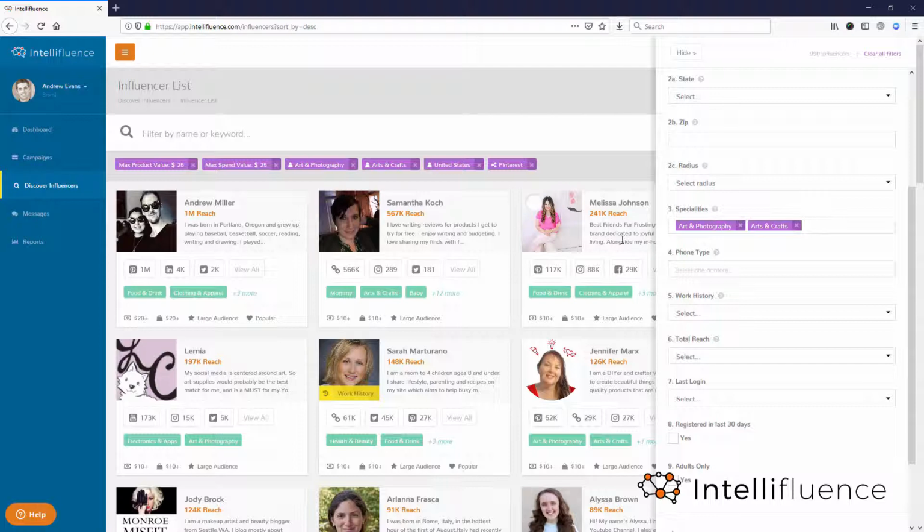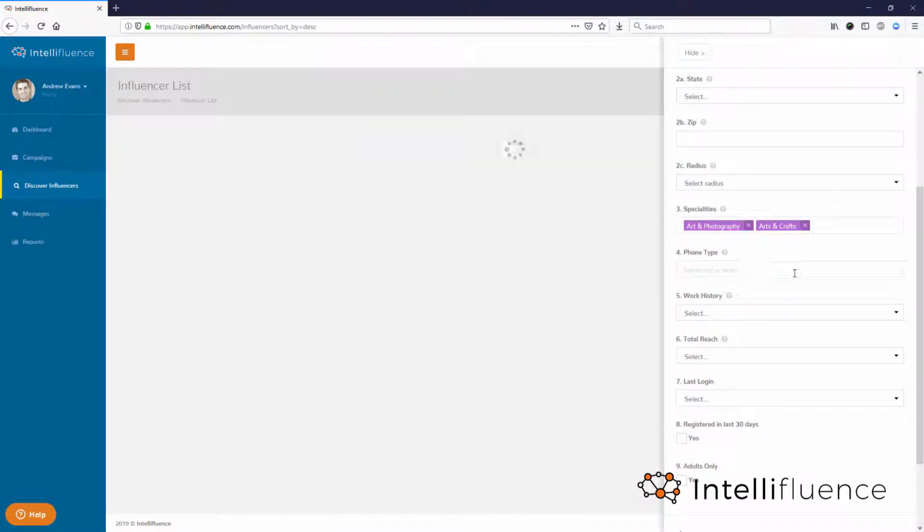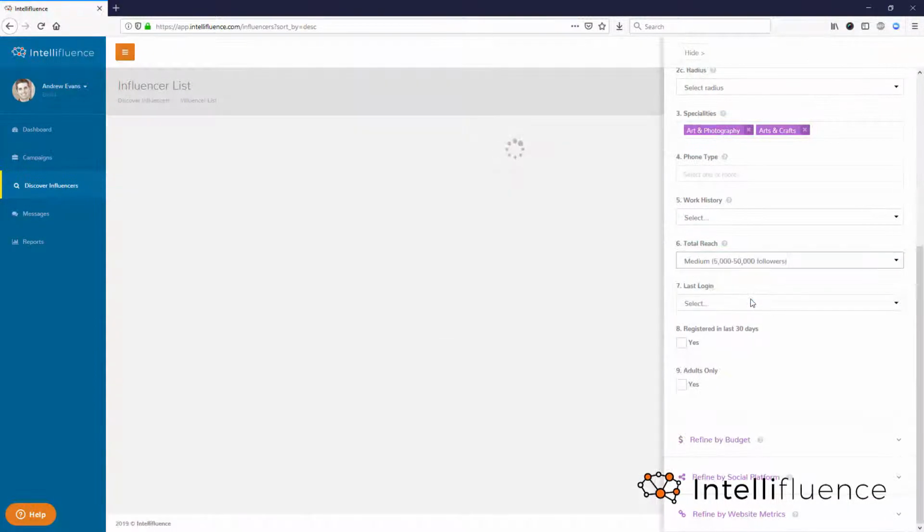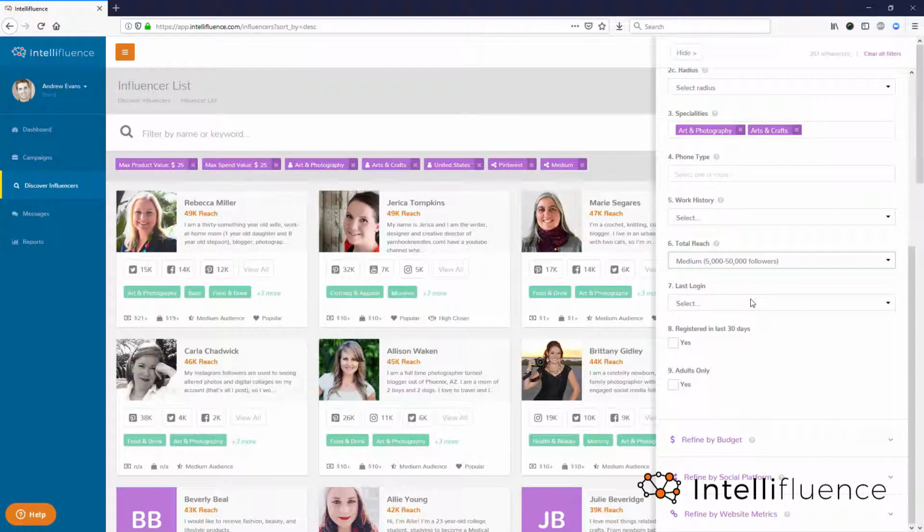You can add or remove specialties. If you were looking for reviews in an Apple or Android marketplace or store, you can select filter by type there, work history, whether you've worked with them in the past or not, and then you can change up that total reach for influencers, and then also filter by their last login